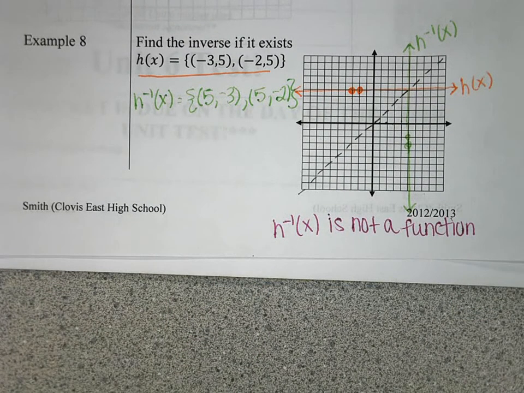Okay? So for functions, you flip x and y, solve for y, and you're good to go. On the graph, you just flip the coordinates. Okay? There should be a horizontal